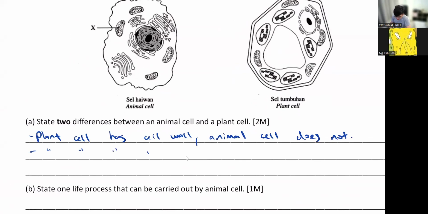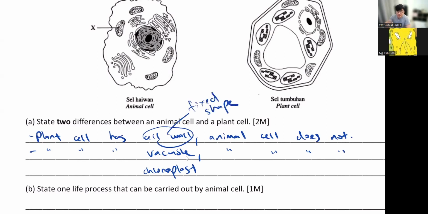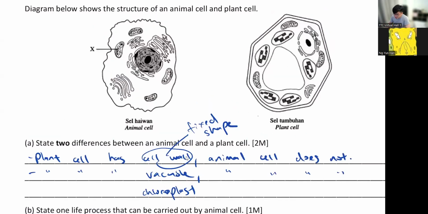Plant cell has vacuole. Animal cell does not. You can even say chloroplast. Heck, if you don't want to write cell wall, you can say fixed shape. Right? Plant cell has fixed shape. Animal cell does not, because plant cell usually they look